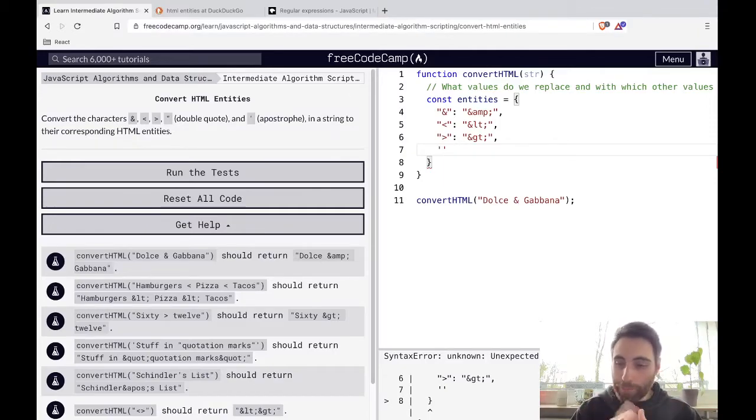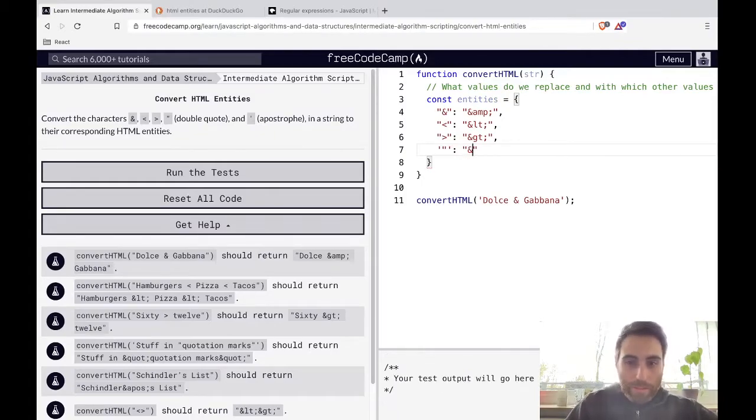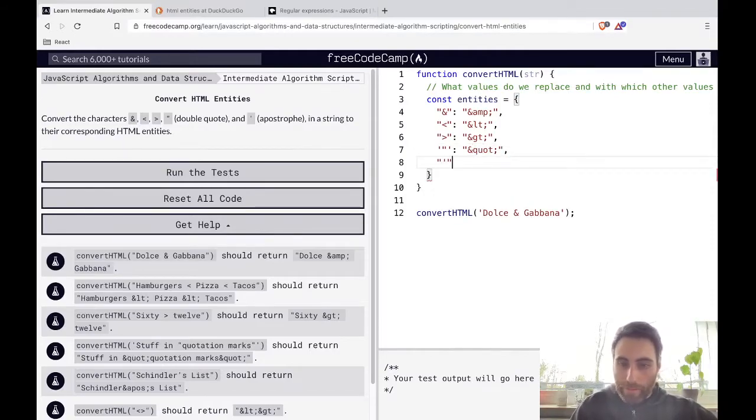It just represents a string, so we can also represent this as a string and it's gonna be the same. So we're gonna do that in order to display the double quotes, and we're gonna replace them with quot. Then we have the apostrophe, it's gonna be apos. Cool.